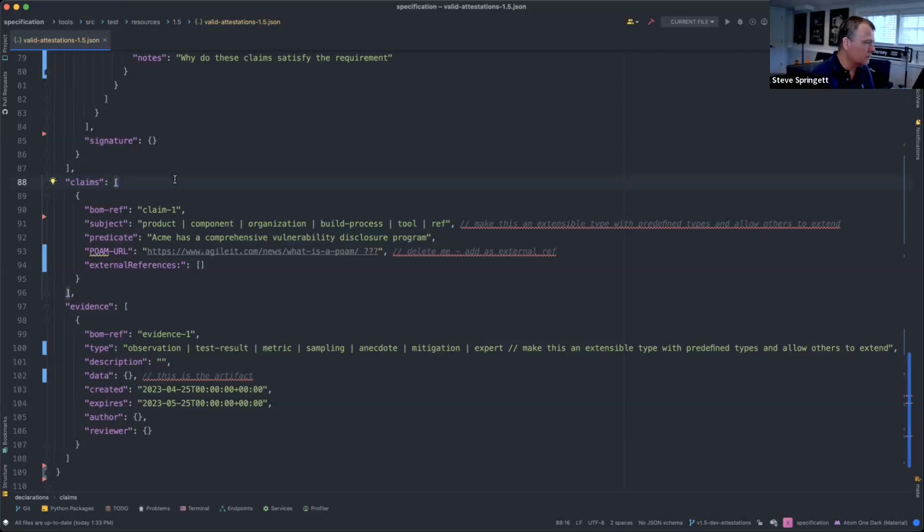Yeah. And then similarly, we had talked last time about possibly splitting this into two pieces, where the requirements were a separate piece and the claims and attestations were their own piece. That would make sense from a publishing and subscribing model. Somebody is publishing a set of requirements. You are showing you map to them, and here's the evidence of how I map the attestation to those requirements. So that is something that we had talked about.